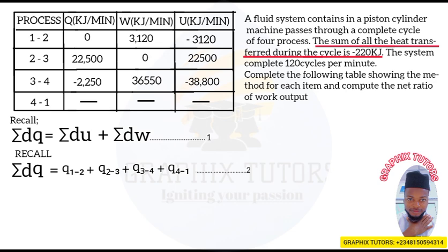So the sum of all the heat is what? Minus 220, right? For how many cycles? 120 cycles. The system completes 120 cycles. So you multiply it by 120, right? Equals to